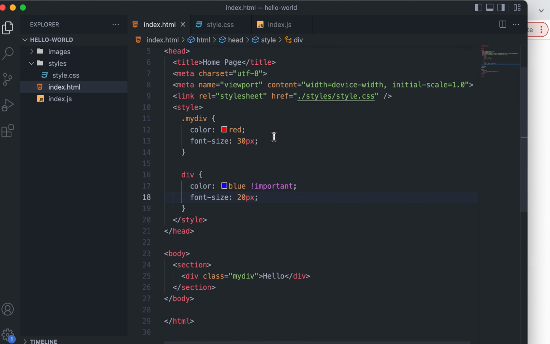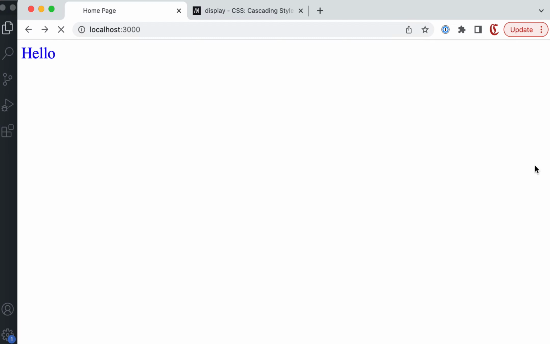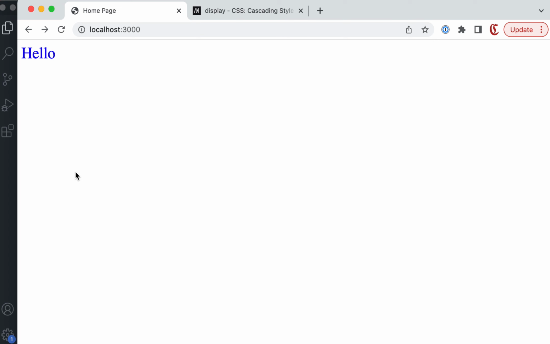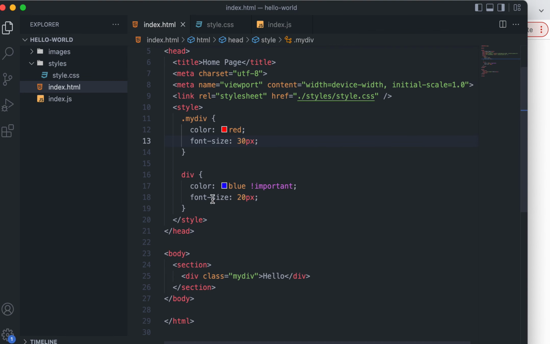Then you see that the font size will still be 30 pixel. You understand? If I comment this, then this is becoming smaller. This means that 20 is not applied, 30 is applied, you see. So it's not that the whole declaration block and whole rule is replaced. No, just wherever you have applied important, only that thing is overwritten, and other things work the same, like specificity and all these things, right? So here also the font size is still 30, because this thing is not taken into consideration. This thing is taken into consideration because this specificity is higher.